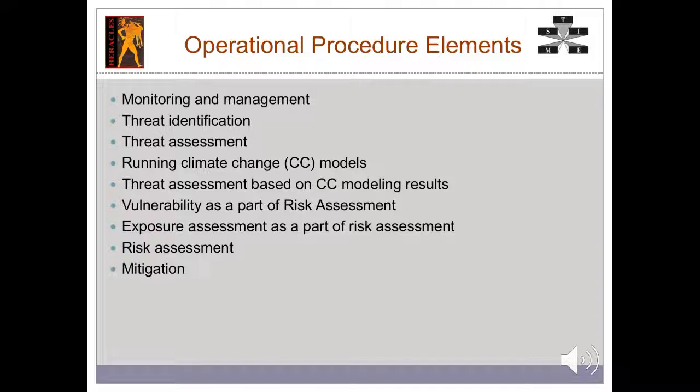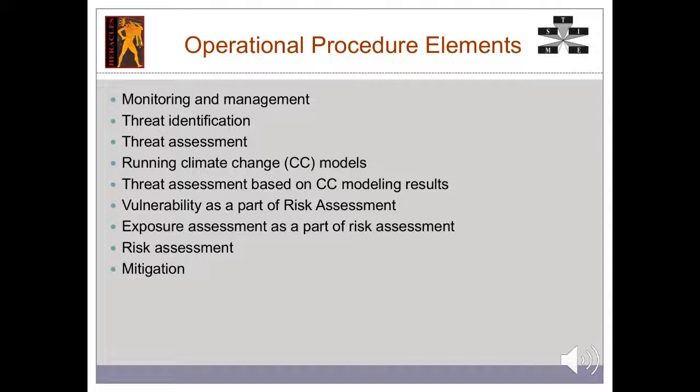Threat assessment based on the climate modeling results identifies how vulnerable a cultural heritage site is to the sort of environmental factors it will be exposed to in the future, and then assessing finally the overall risk, and based on severity, determining what kind of mitigation